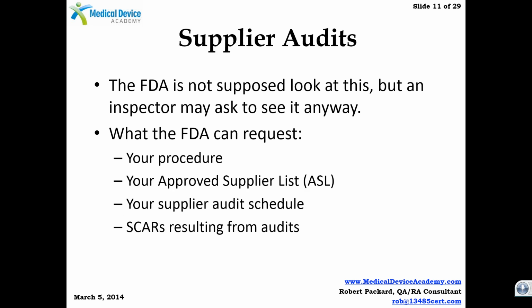Last but not least, supplier audits. The FDA is not supposed to look at your actual supplier audit reports. However, they are allowed to look at your purchasing procedure and see how you control suppliers. Make sure you actually have an approved supplier list. So if you really want to test the FDA, go ahead. Don't have your approved supplier list under document control. Leave out a couple of critical suppliers and see what happens. You'll end up with a couple of 483s, one of them for document control and another one for supplier controls